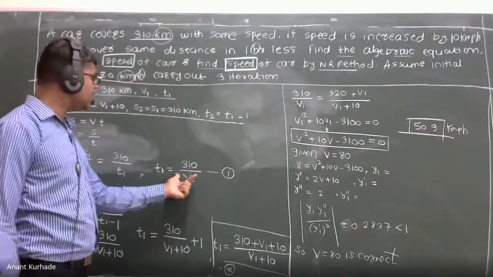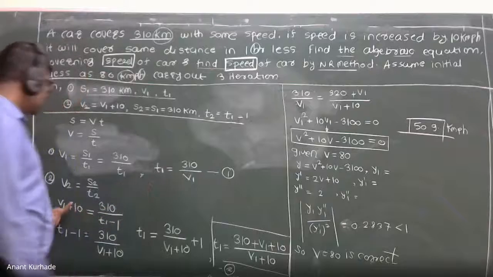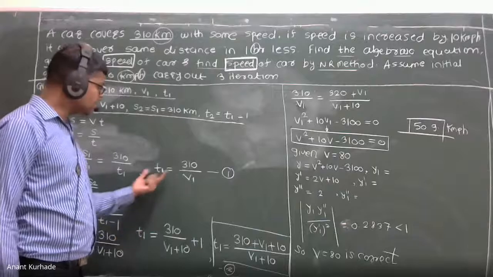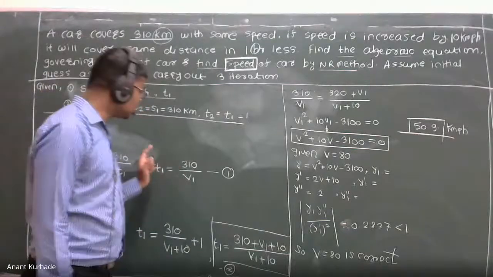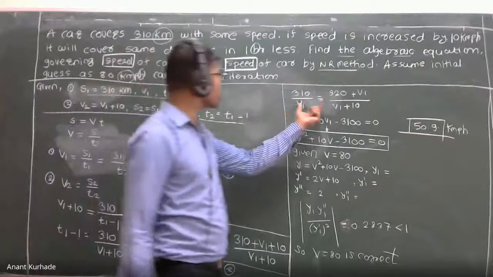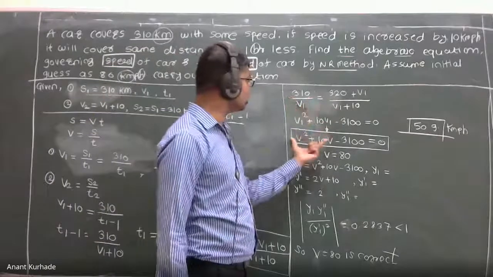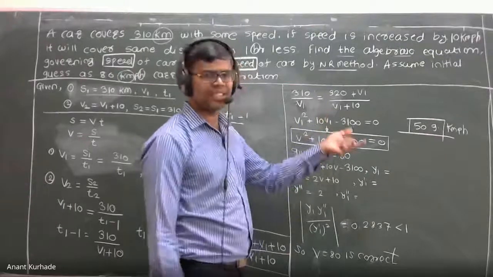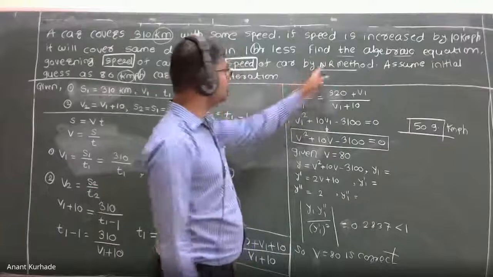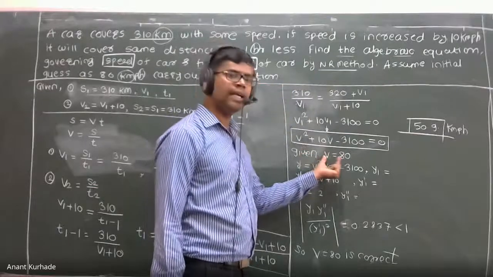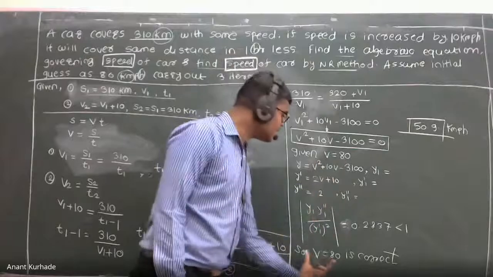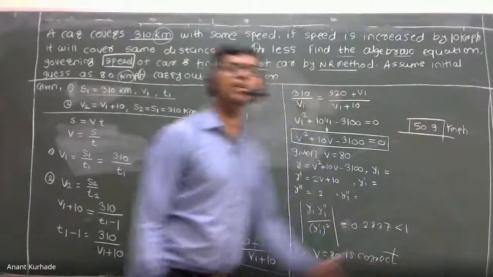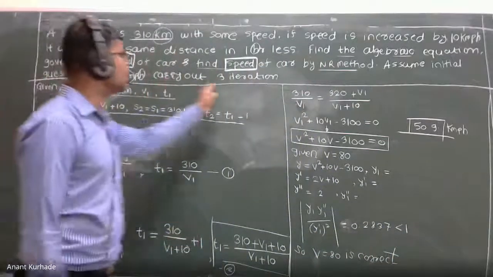Listen to this line carefully. Again, second condition, rearrange in terms of t1. The right side is again the same. Then you can formulate the governing equation. Even if you can solve it by a standard formula, cross check with that formula using another method. Here v is given 80; cross check whether it is correct. Yes, it is correct because it satisfies the convergence condition. Then do first, second, third iteration. Why 3? Because it is given to carry out 3 iterations.